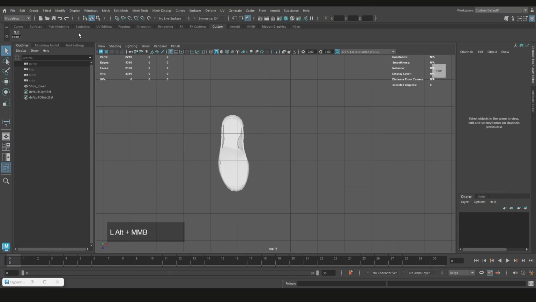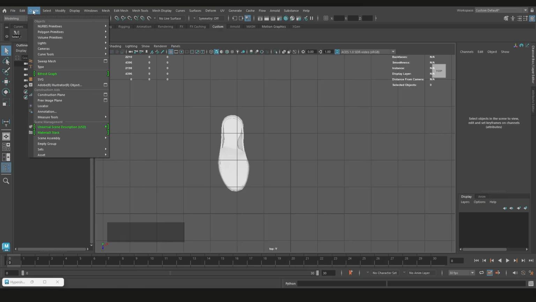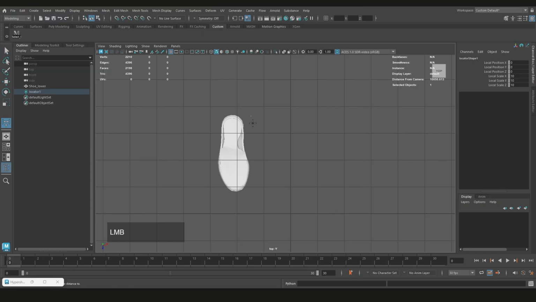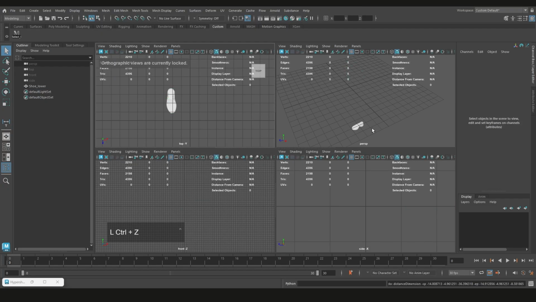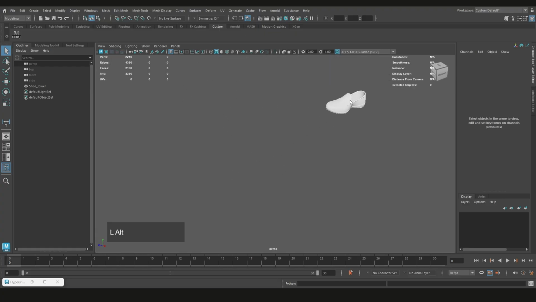All right, go to the top view, file, create, measuring tools, distance tools. So from here to here, yeah, it's about 30 centimeters. So I'd say that's good enough, right? I'm gonna undo that, go back here, and